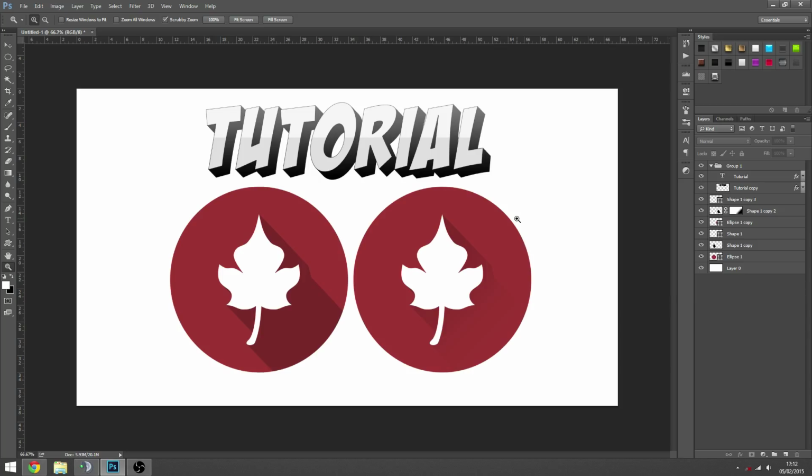This effect is really nice and clean, especially on icons and stuff. And obviously 3D text can be helpful in many situations, and it's more of a fake 3D look. It's not actually 3D text, it just gives the illusion of 3D, so you might want to bear that in mind. I think this will probably work best with your text and your more computer generated images, like vectors and things like that,